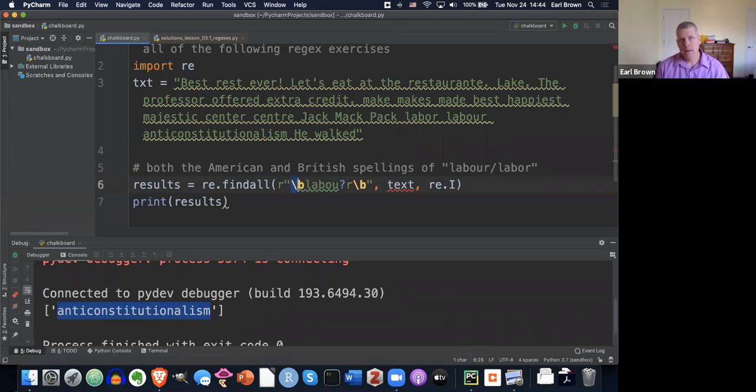Okay, so I need a \b, so that's a word boundary. I want to find a word boundary. Then I want to find LABO. Then I want to find a U, but that U is optional. So that question mark right there on the right side of the U means optional, meaning 1 or 0